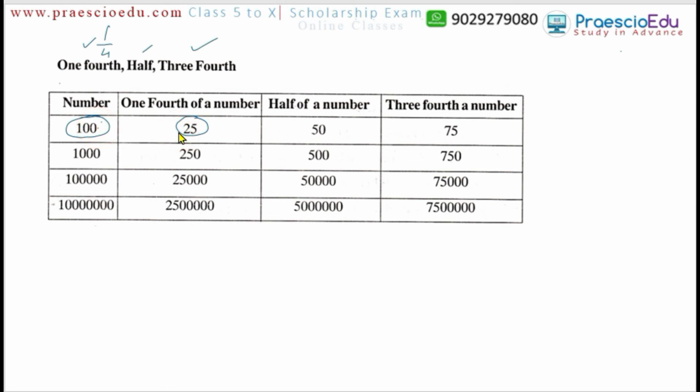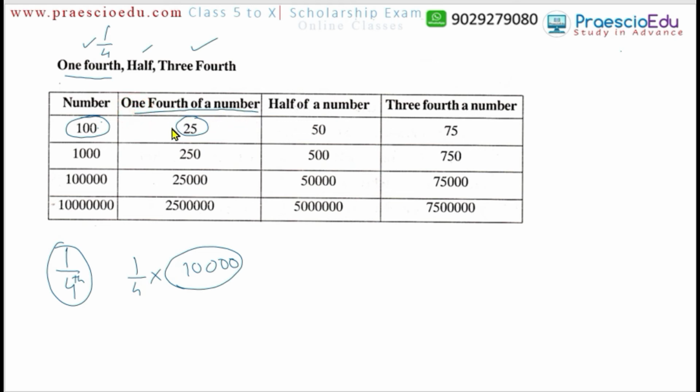In another way we can say the quarter. The same meaning, 1/4 means the quarter of that particular number. Quarter means 1/4. In this case we have to multiply this 1 by 4 with that particular number. If suppose 100, then 25. If suppose 1000, then 250. If suppose 10,000, then 2,500, like this one. Okay, so this is the 1/4.